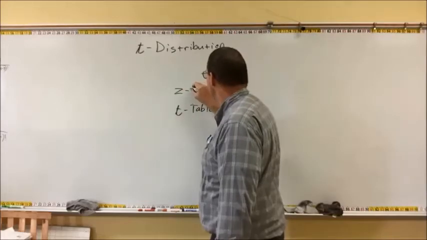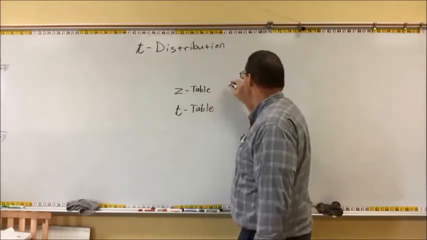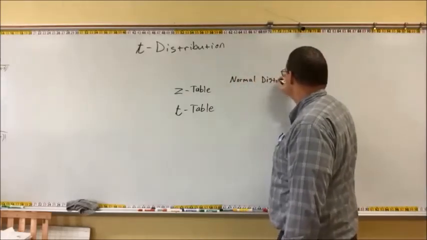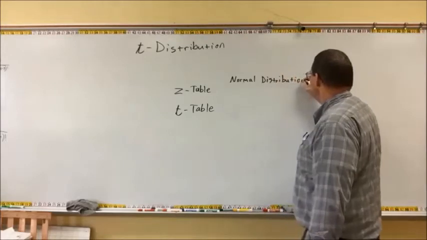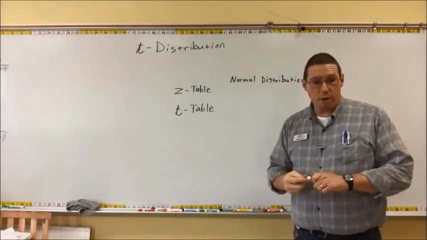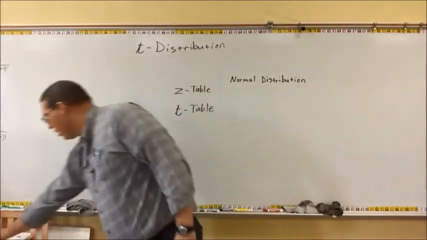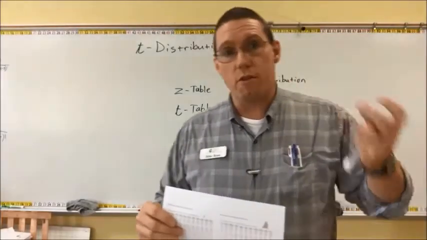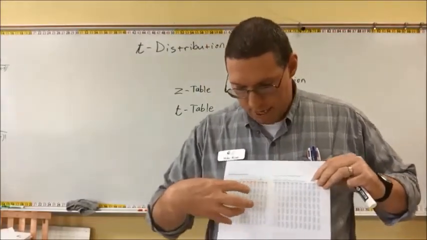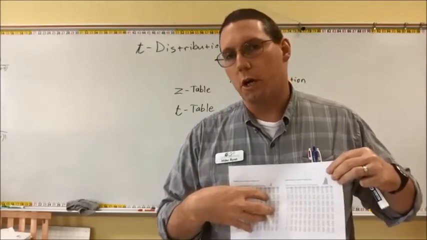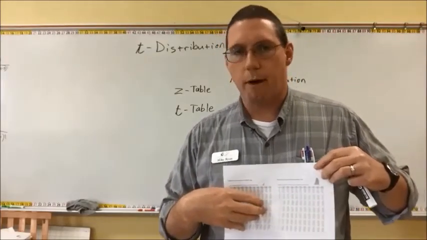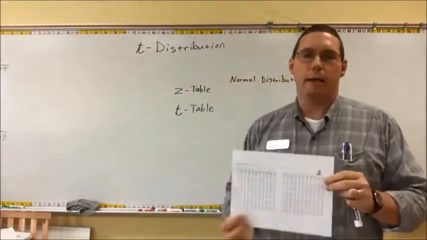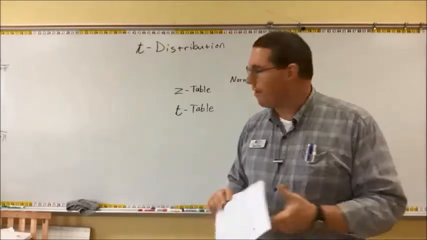And the z-distribution. We call the z-distribution the normal distribution. That's what we've been using up till now, and you have used the z-table. You calculate a z-score, and you use the z-score to find a p-value, a proportion, a population proportion, or a probability, right? Now, one of the ideas behind the normal distribution curve is that